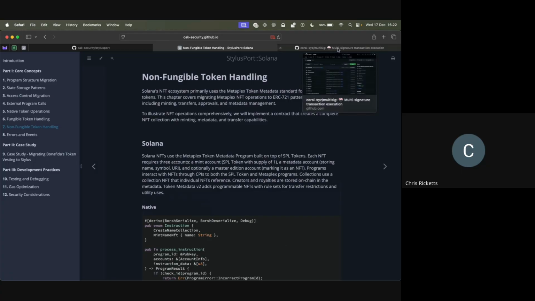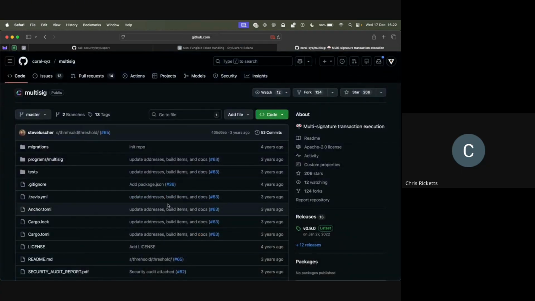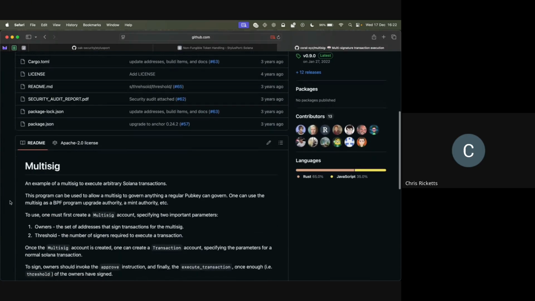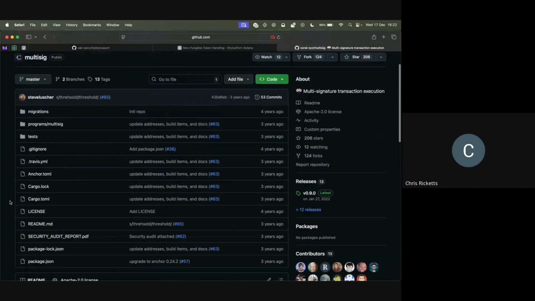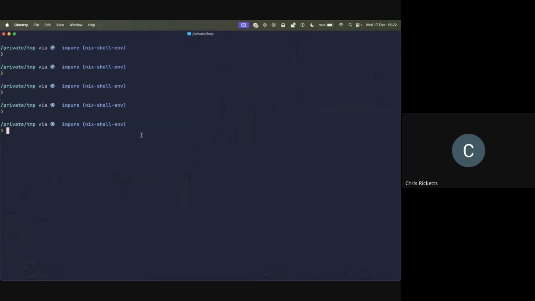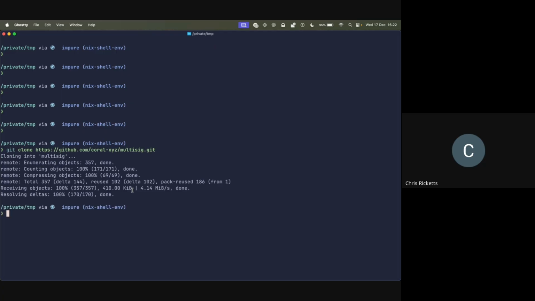So as part of the demo, we will get the MCP server and Claude to plan porting this multi-sig program from Solana to Stylus. So you can see, just clone the Solana repository